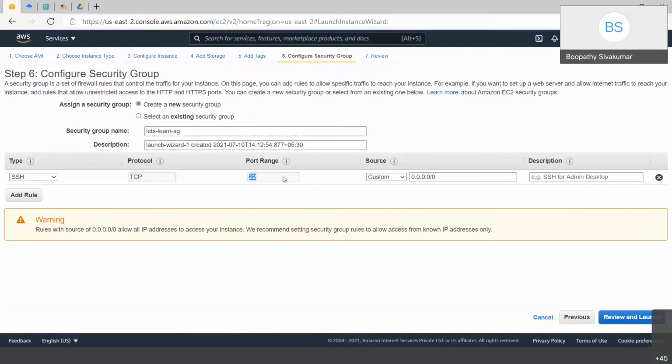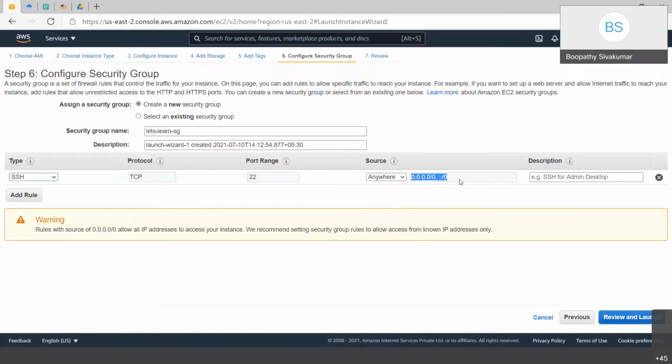And the source is where, when a request comes in, whether it should be allowed or not is taken care of. For now, can you click on anywhere? If you give anywhere, 0.0.0.0, any IP can connect to this instance.